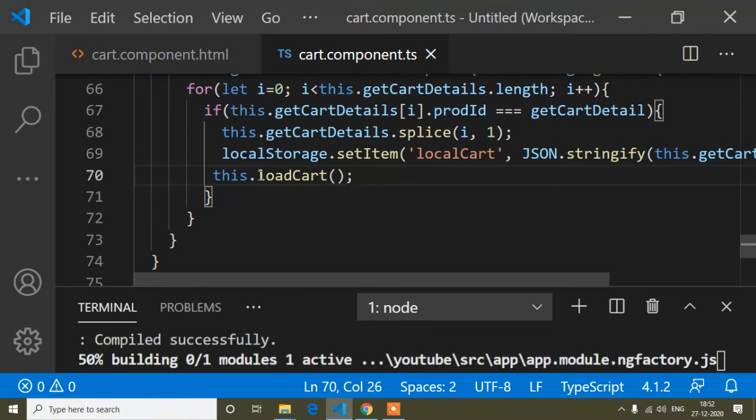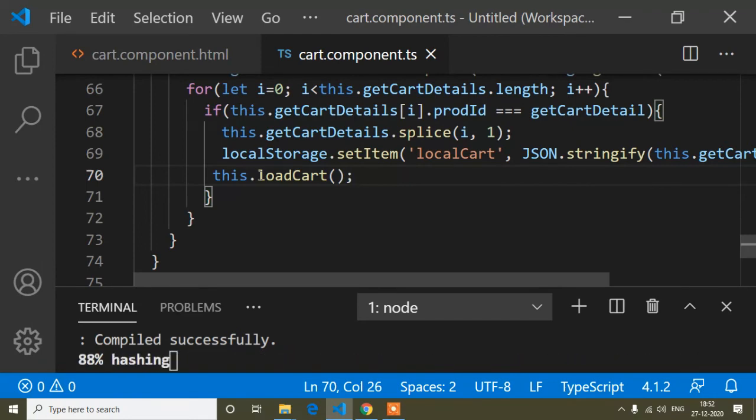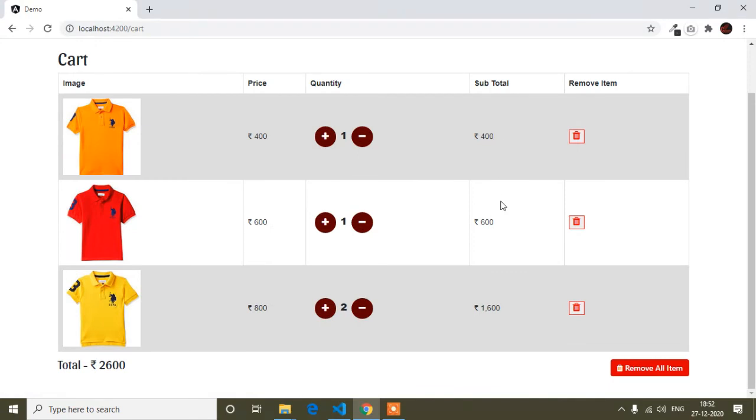Okay, so now I will save and check the browser. So it's compiling. It's compiled successfully, and now I will go to the browser. You can see 400, 600 and 1600, that is 1600.